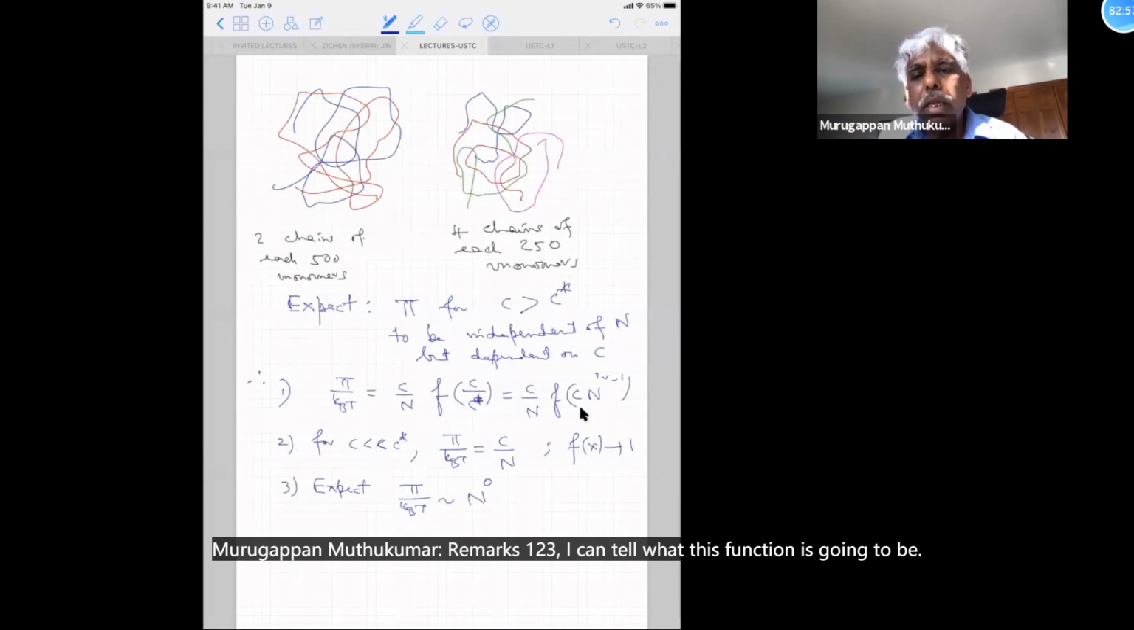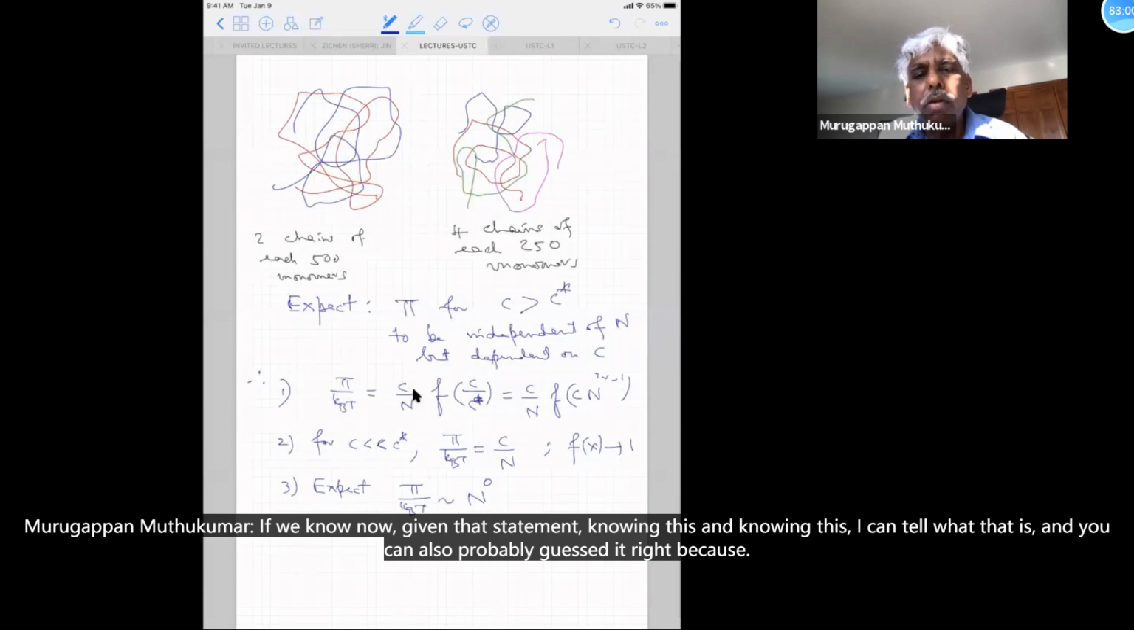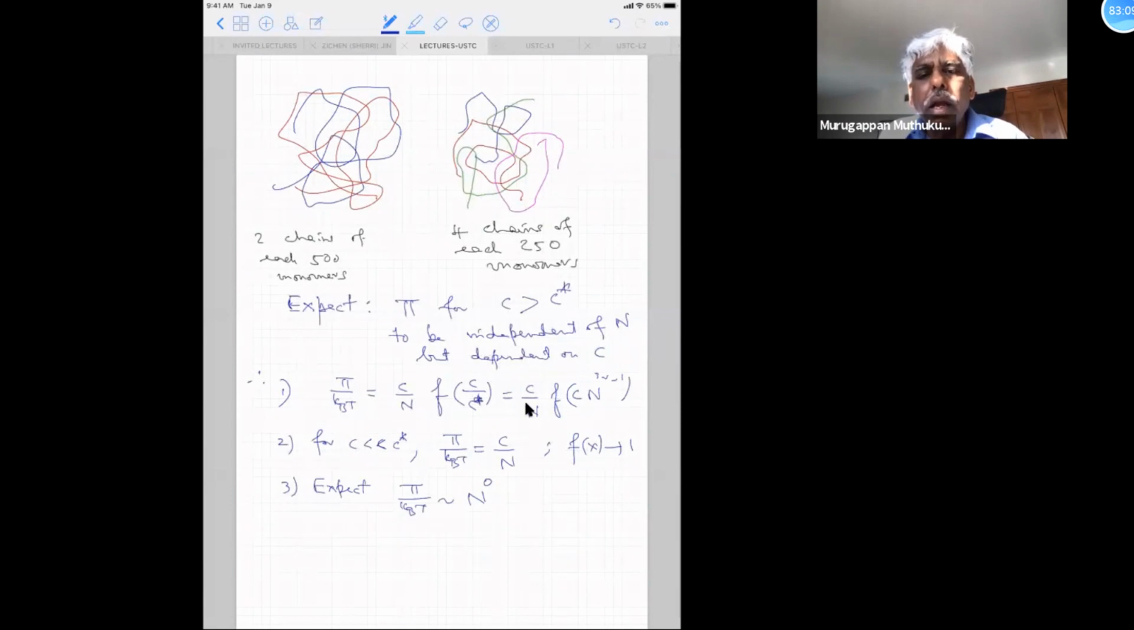So what I'm going to do is, knowing these 3 remarks, 1, 2, 3, I can tell what this function is going to be. Given that statement, knowing this and knowing this, I can tell what that is. And you can also probably guess it, right? Because on the left-hand side,